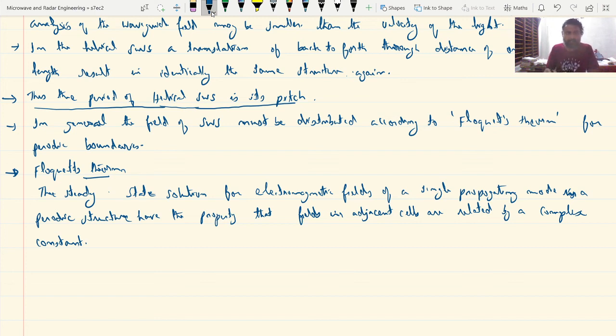The steady state solution for the electromagnetic field of a single propagating mode in a periodic structure has the property that fields in adjacent cells